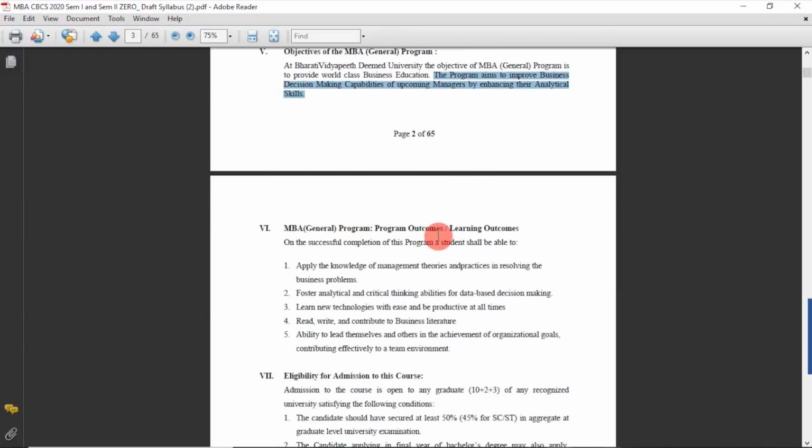So, MBA general program outcomes and learning outcomes, which should be there after the student goes through this course. These are the learning outcomes of the program, and related to them, we go in for creating the learning outcomes of a course, right? So the learning outcome of the course should be in line with the learning outcome of the program. That is how things are getting interlinked. So these are some of the outcomes which we had discussed.